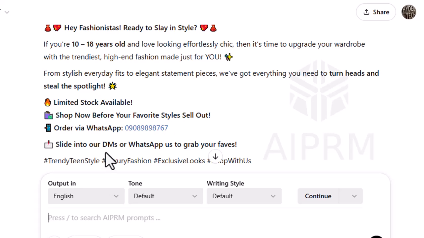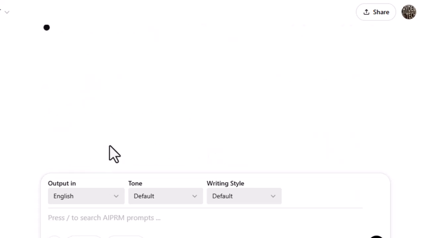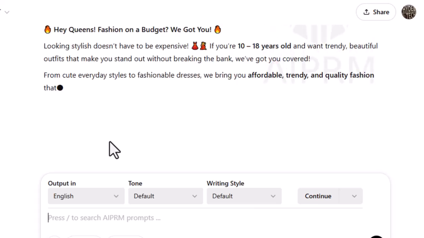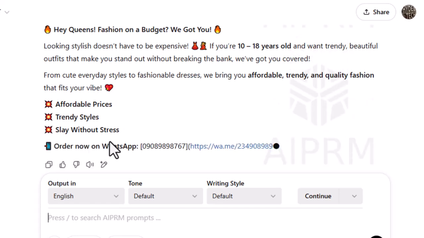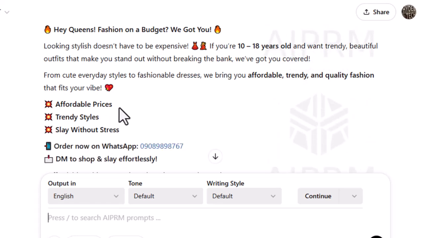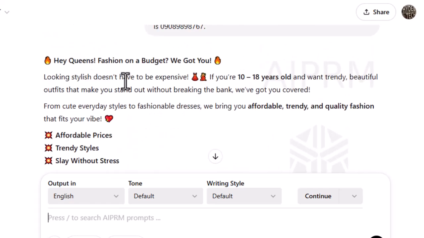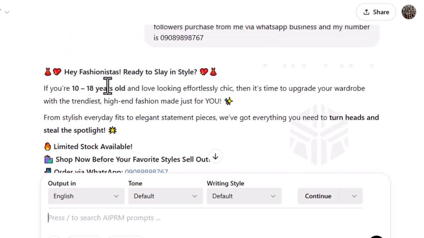Instead of just saying it, let us practicalize it and see. You can see, looking stylish doesn't have to be expensive. I'm not sure it added something like that here. Because we've said this one